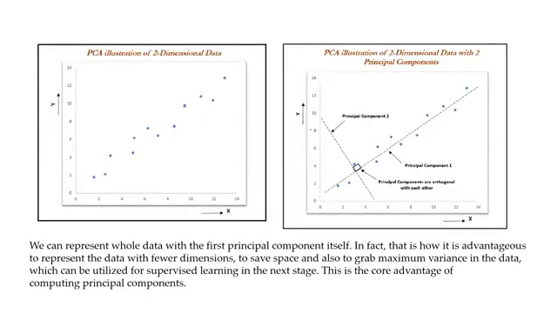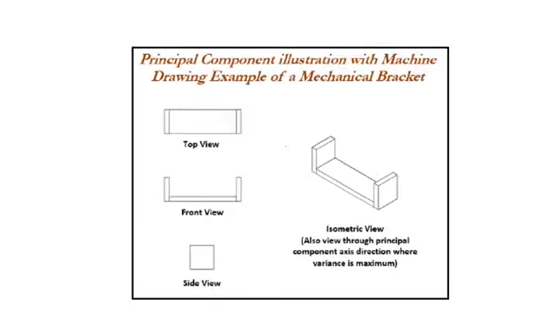Now, what this principal component will do is, these are the two original axes, X and Y. It will project this entire data onto some different axis. First, it will pick a direction, just like, again, take the example of taking pictures. First, I will look for an angle, a direction from which I can get the maximum coverage. Let's suppose this is that. So this would be my first principal component, PC1.